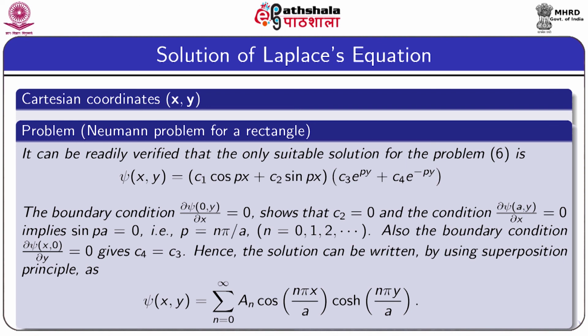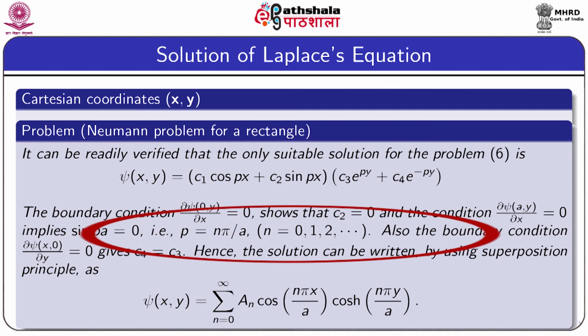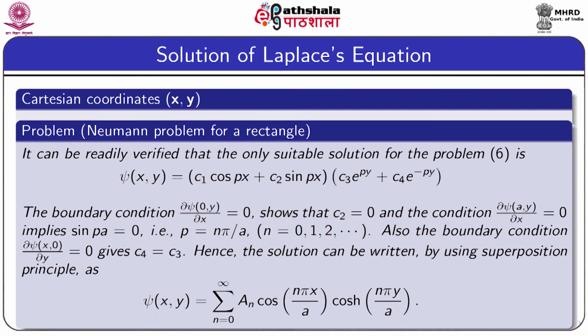Now, if we use the boundary condition del psi by del x at (0, y) equals 0, then it gives C2 equals 0, and del psi by del x at (a, y) equals 0 gives the equation sin pa equals 0, and sin pa equals 0 gives p equals n pi by a, because sin of n pi equals 0 for all n equals 0, 1, 2, and so on. And if we use the boundary condition del psi by del y at (x, 0) equals 0, this gives C4 equals C3. Hence, the solution satisfying the above boundary conditions can be written as psi equals sum over n